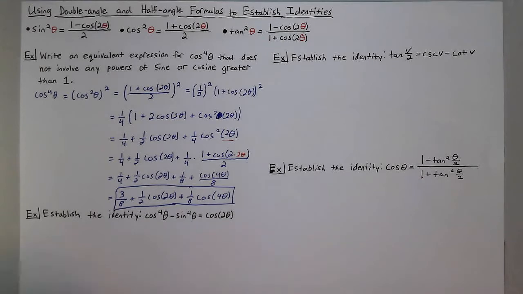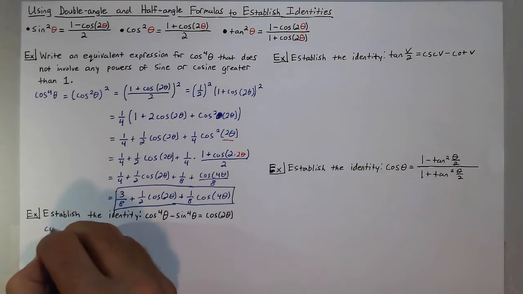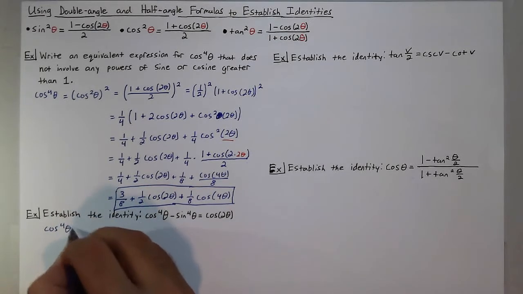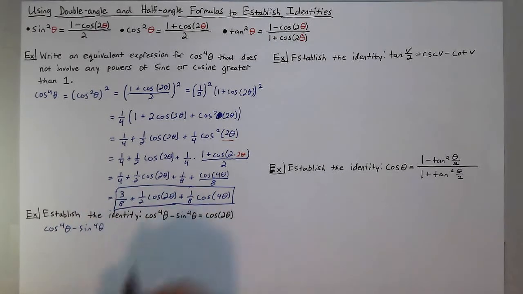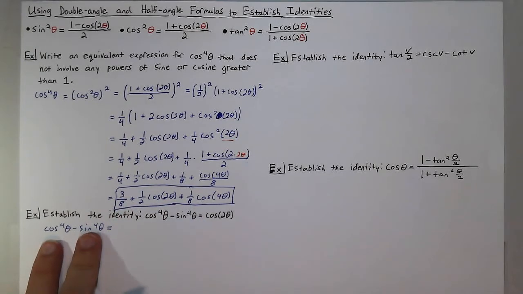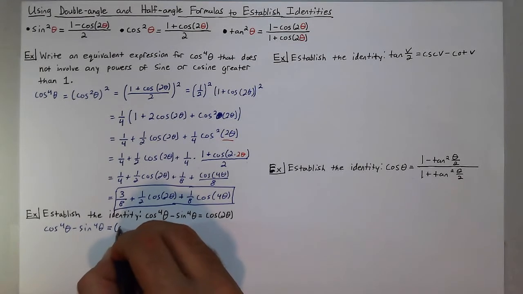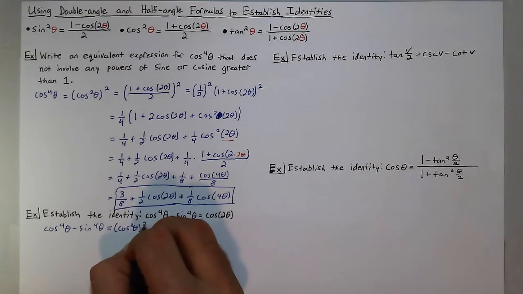Now let's establish a few identities as well. So here I have cosine to the fourth minus sine to the fourth is equal to cosine of 2 theta. So reasonably, we have another double angle formula for cosine. Here what I can do is start with the cosine to the fourth of theta minus sine to the fourth of theta. And I can use this difference of 2 squares, because this can also be seen as cosine squared of theta squared, just like we saw up here,